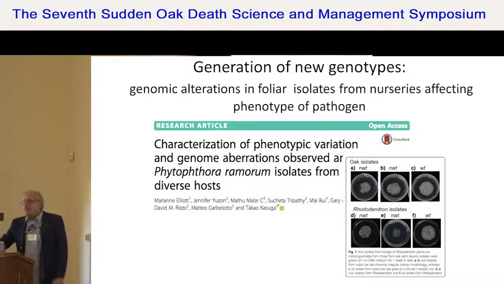And then the work that Marianne Elliott and Takao Kasuga and myself spearheaded about genomic alterations. This was a work where we had first discovered the process in nature, in a very harsh environment, which is the oak stem. And then we figured out that nurseries also, in reality, were a harsh environment, possibly because of the use of fungicides. And we found out that the phenotype of isolates in plant production facilities was changing. What you see here in this picture was due to genomic changes, so changes at the genomic level. And so you have different phenotypes. You have them in the wild, but you also have them in these isolates that are grown in